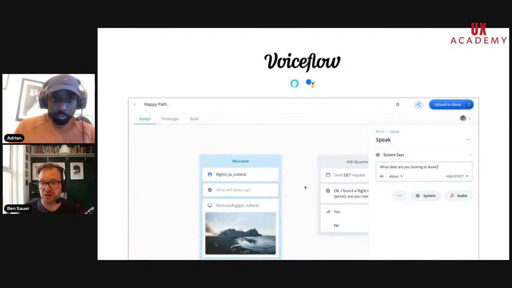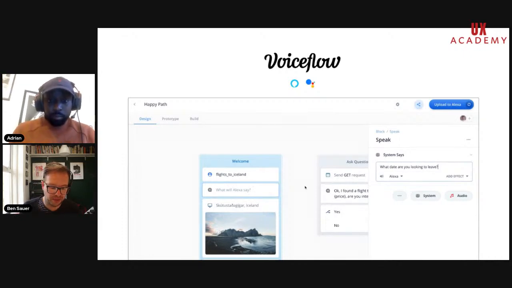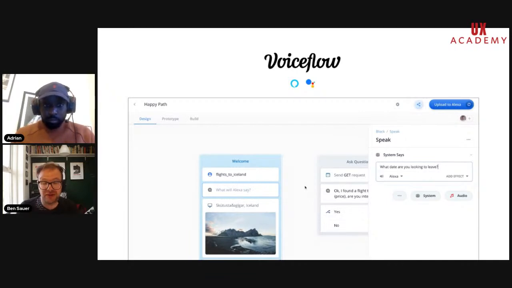As I mentioned, what we're mostly going to be doing towards the end of the course is taking your design work and putting it into a tool called VoiceFlow. And this is the next level up. If what I just showed you was the most basic form of prototyping, this is high fidelity prototyping. It's still very rapid. You can do it very quickly. And the really cool thing here, you can see that button there, upload to Alexa, is that while you're working on it, while you're changing the design, it can even do it automatically now.